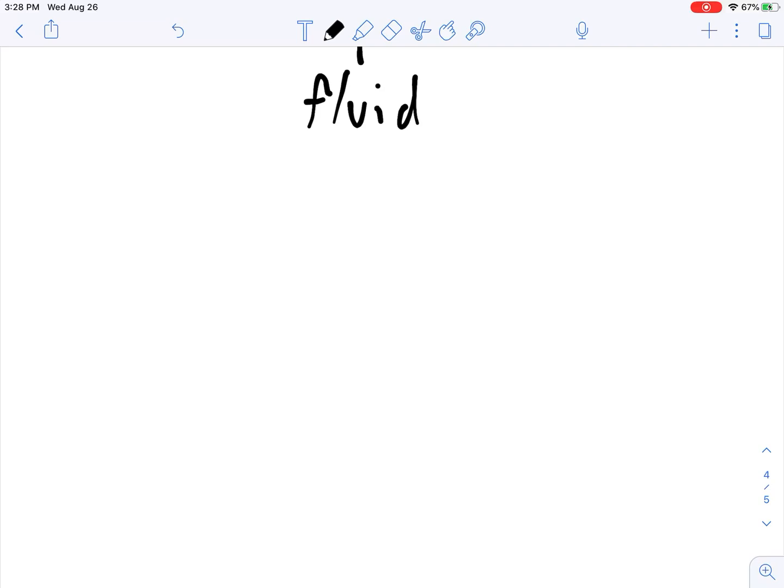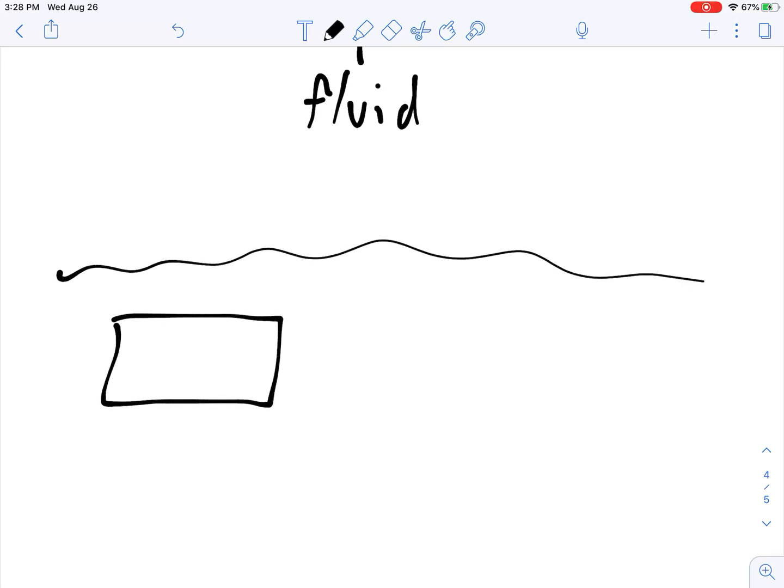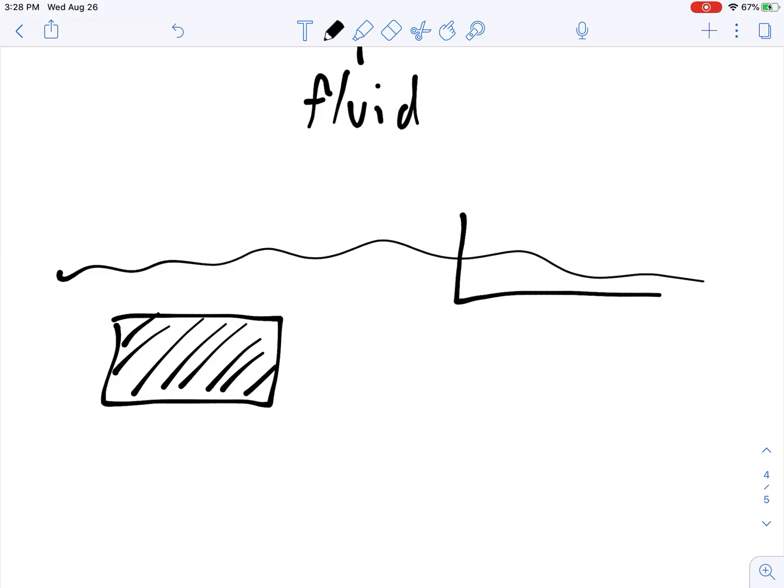The displaced volume. Here's some water. If I have an object like this, all the way submerged, a fully submerged object, the volume of displaced fluid in this case would happen to be the same as the volume of the object itself. They're both the same volume. The object is fully submerged. If, however, we have an object like this that's floating on the surface, the displaced fluid is only this volume,